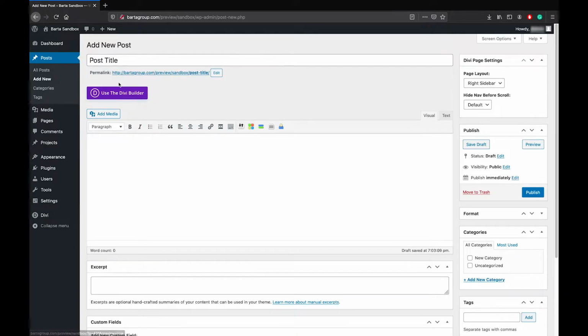And then following down, we can see that we have this purple Use the Divi Builder button. We're not going to use this for posts, so we'll just skip that. And then we have our text editor. So this works just like any other WordPress word processor that you've used before. We can start typing text here,